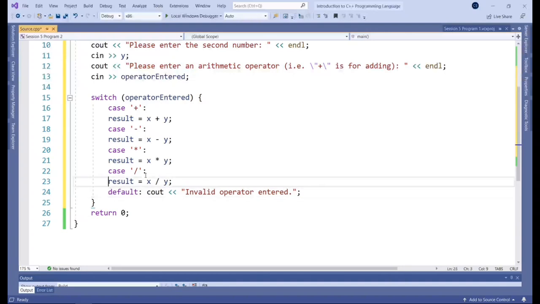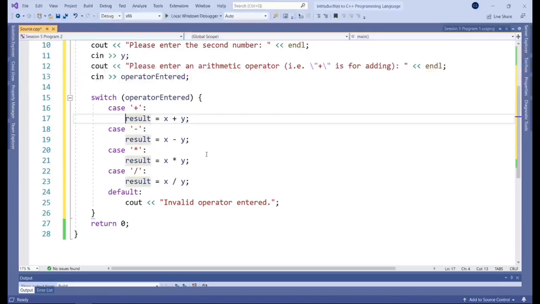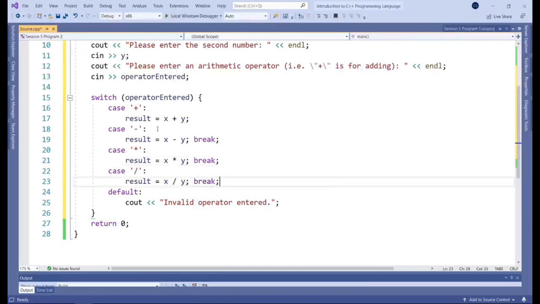Now, you might have noticed already, but something that is entirely crucial, otherwise you'll be wondering what's going on with your switch statements, is having break clauses. So it's really important to add them in. I've explained this previously, but I will emphasize it. If you, for example, don't add a break clause to the addition case and the user enters addition, this code under this case will be executed, which is great, it's perfect, but it will then cascade down to the next case, and this code will be executed.